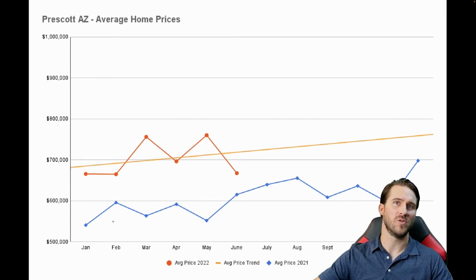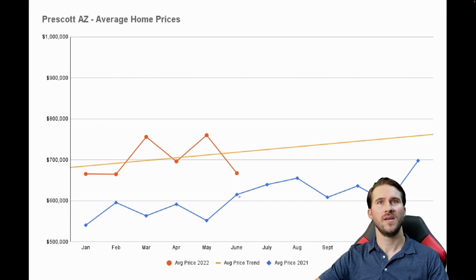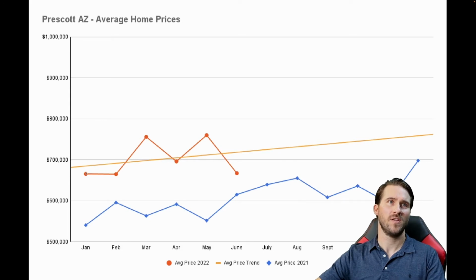January of last year, 2021, the average price was about $550,000. You can see through the year it kind of came up, went down a little bit. We hit June, a year ago, and it spiked up over 600, dropped back down slightly in November, skyrocketed into December to about 700, then at the beginning of 2022, this year, it's below 700, about 670,